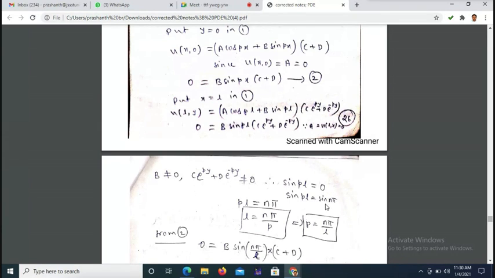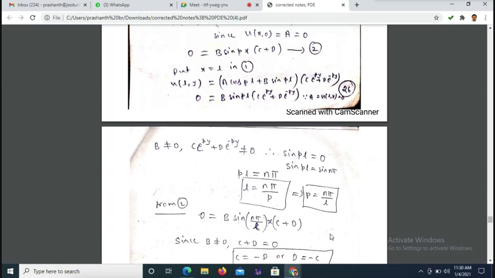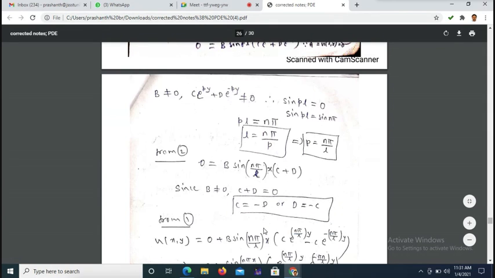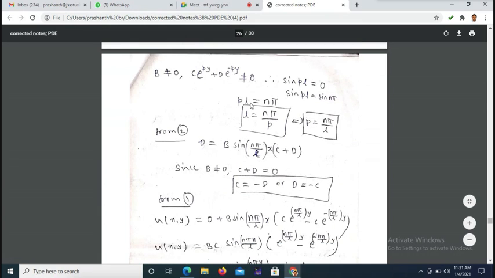Instead of zero, I can write sin n pi, right? So sin cancels, the other PL is n pi. So that P can be written as n pi by L. Now in equation 2, see that in the place of P, I can write n pi by L. So we have it as it is from equation 2, but instead of P, I have n pi by